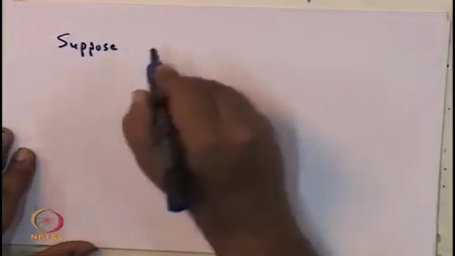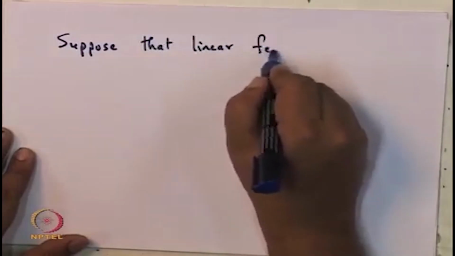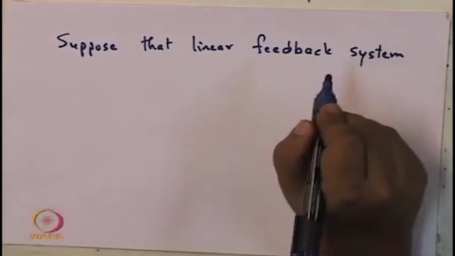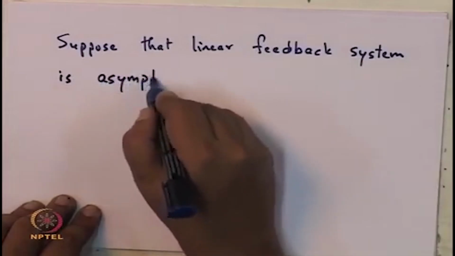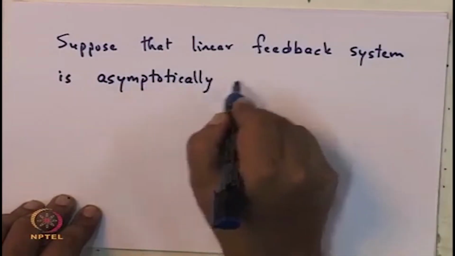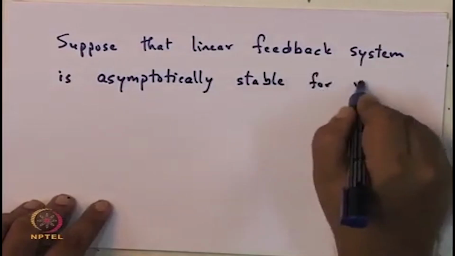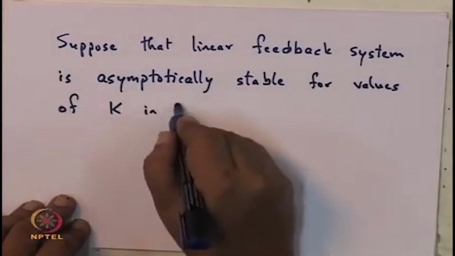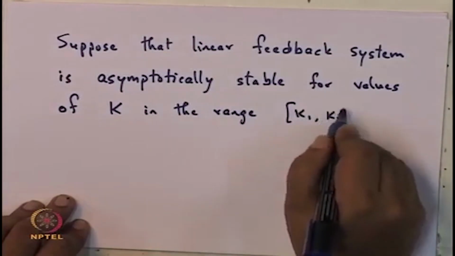Suppose that the linear feedback system is asymptotically stable for values of k in the range k1 to k2,